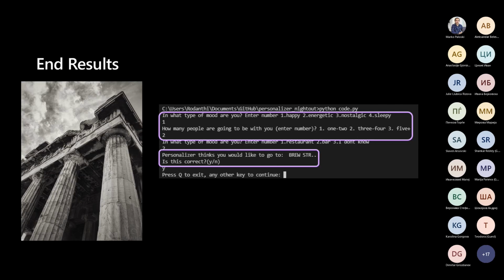get them. And then you can see here in the bot, Azure Personalizer recommends back to you a place. So in our case, Personalizer thinks you would like to go to Brew STR. This is a place in Athens, and if it is something that is interesting to you, then of course you